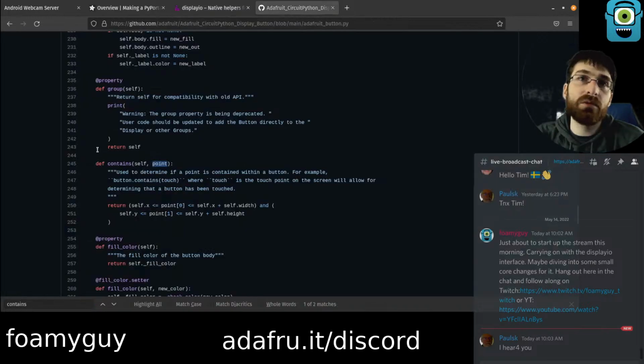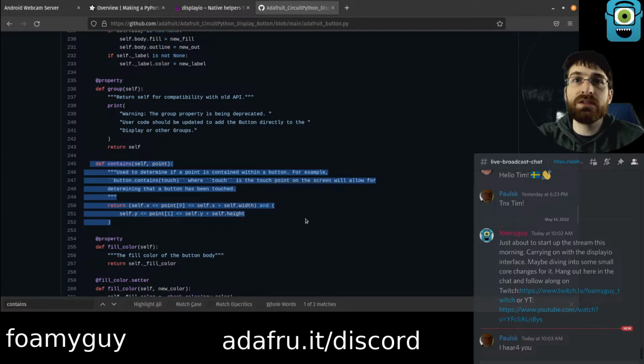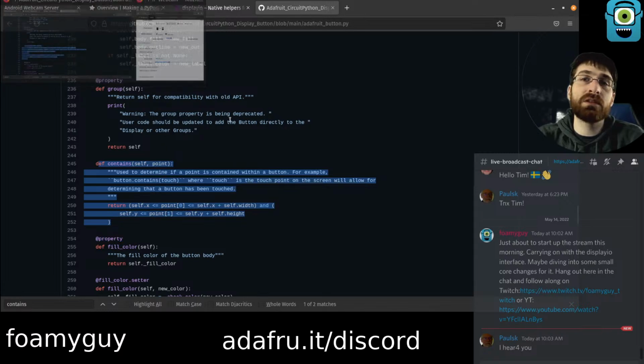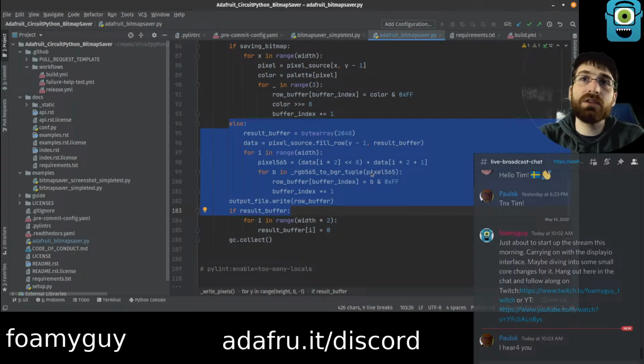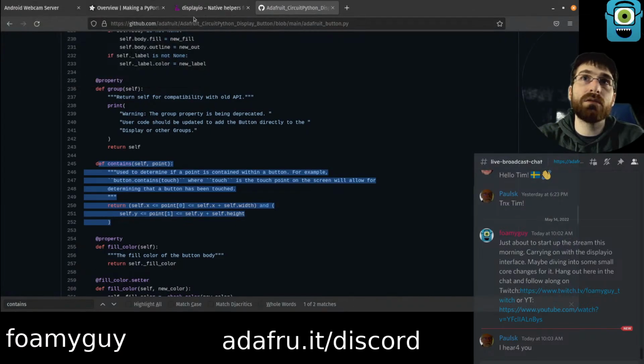And when I say clickable, really what I mean is I just want to give it a contains function like this, so that you can write the exact same code that you do today for a button, but you could use it on a tile grid, which means basically you can just have a clickable image, whatever image you want. You could make it be an image of a button, an LED character, or Blinka, it could be any image, and you would be able to click on it and call this contains method to test whether it's been clicked, and then take whatever action you want from that. I think I'll dive into that a bit today, but I do want to start